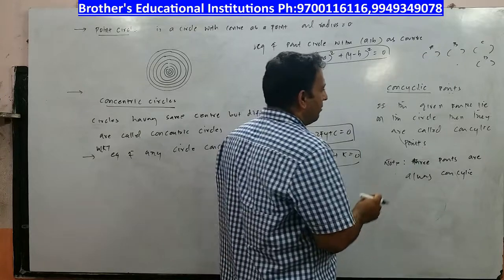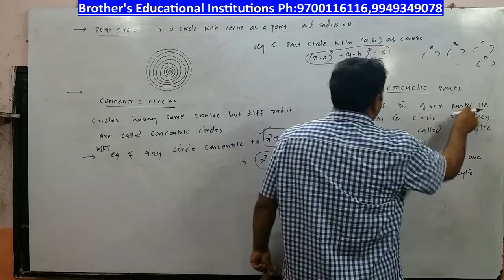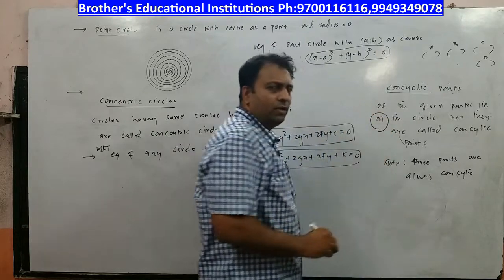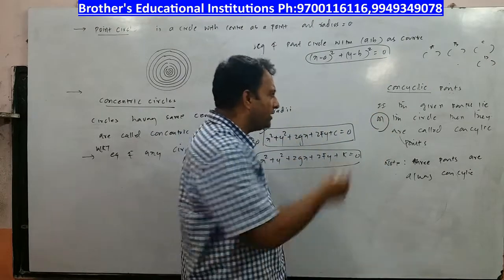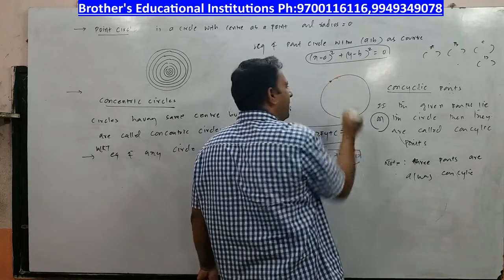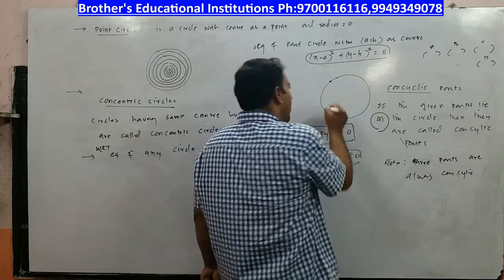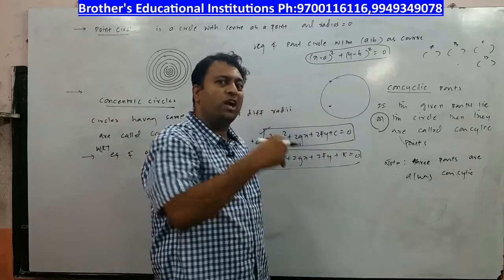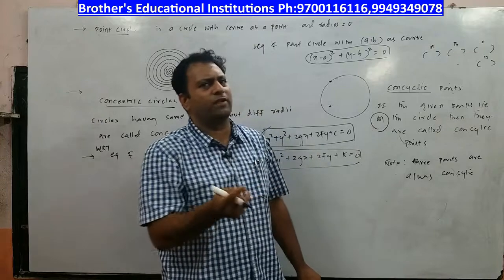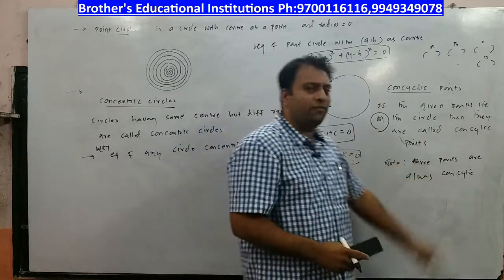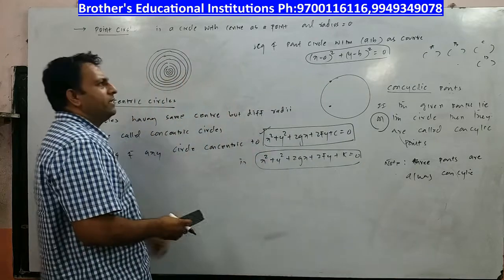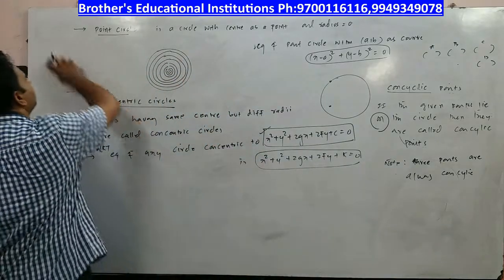And more very important, many children neglect sometimes if the given points lie. This is the most important part. You have to write on the circle, because it makes some sense. If I draw a circle and put a point here, this is called on the circle, and if I put the point here, that is called in the circle. So use the word very carefully, whether it is on the circle or in the circle. Use those definitions very clearly. Meanwhile, you can pause the video and copy this. I will go for the next concept.